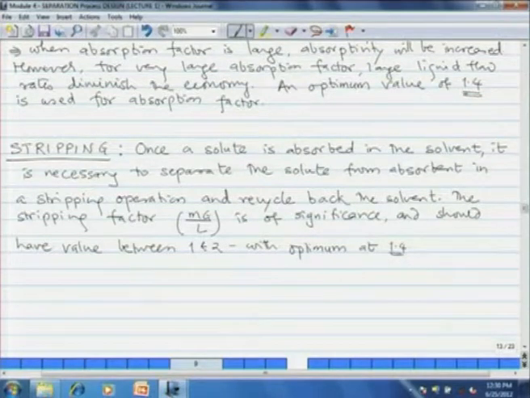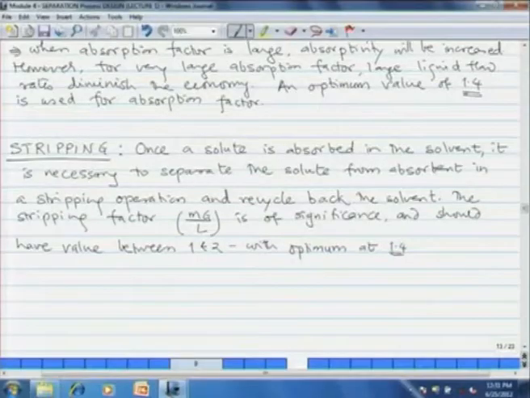Stripping could be achieved even by steam, that is, you pass superheated steam through the solution that contains solute and solvent, and the steam takes off the relatively volatile solutes. But in that case the solute has to be immiscible with the steam, and then you condense the whole vapors. Then it forms two phases, and the liquid water part can be recycled for generation of steam further, and solute can be recovered.